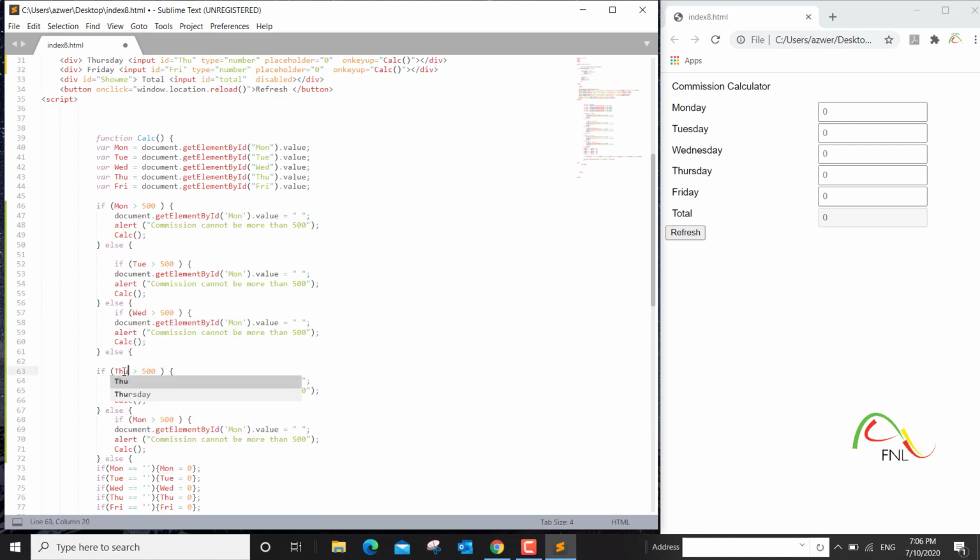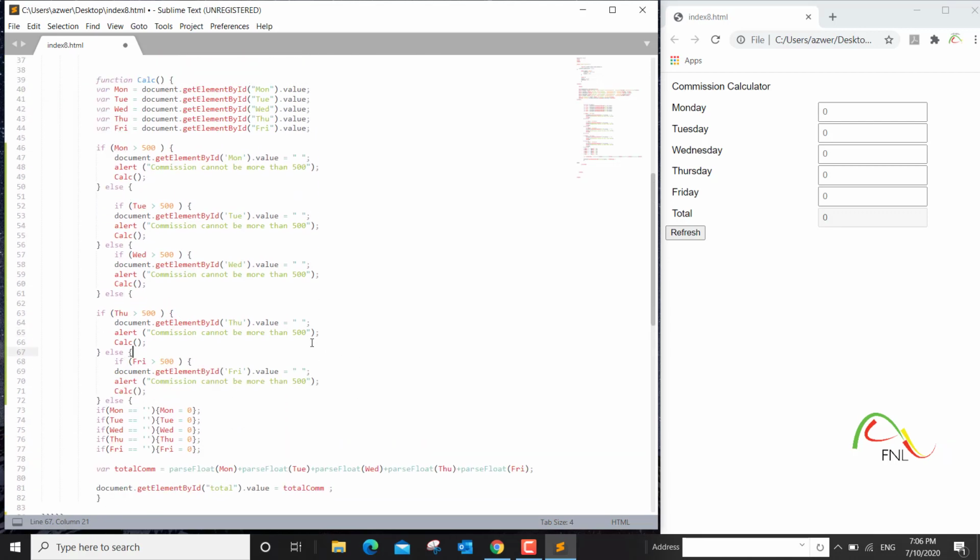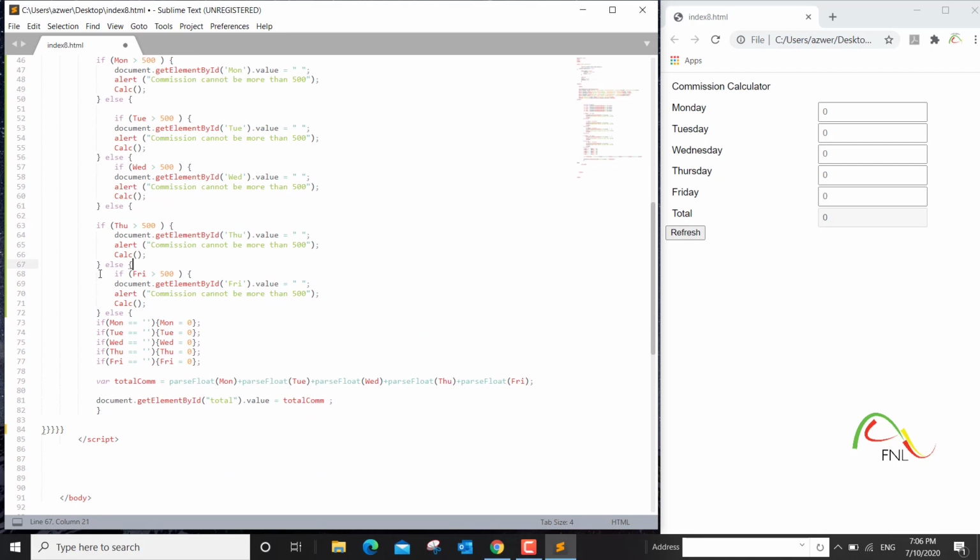Wed. We have applied 5 if conditions, and else we want the browser to read the rest of the script.